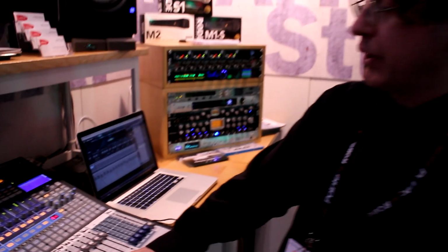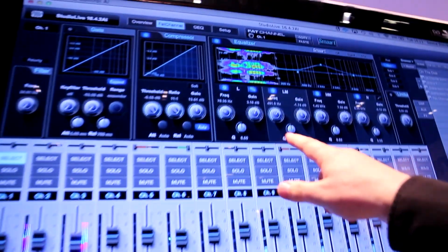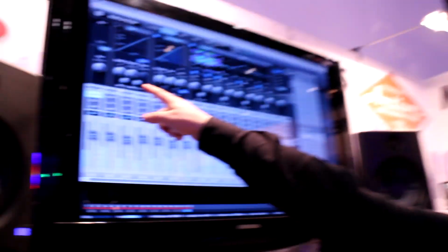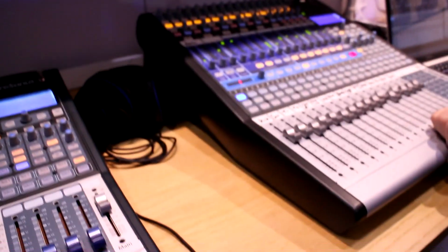What's nice about this one is that on the front panel we have the same semi-parametric EQ as before, but if you go to the software, you can see we have fully parametric EQ internally. So if you're controlling it via a laptop or via an iPad, you have the same equalization capabilities you have on the bigger desks. So it has all the power and functionality of the bigger desks, just in a smaller space. Same thing goes for the gate and for the compressor. The gate also now has a key panel. Is that just because you've got less real estate to play with? Exactly, we have less real estate to play with,